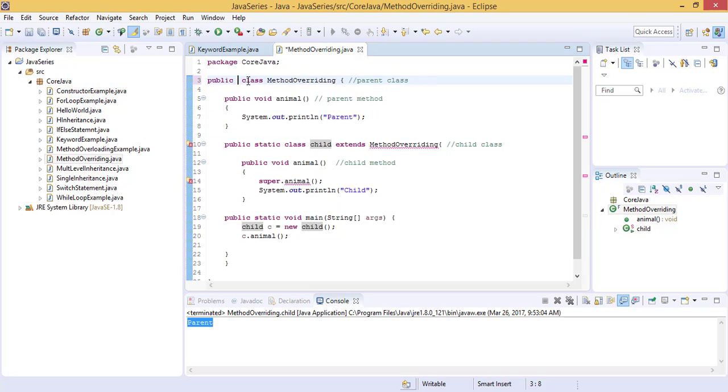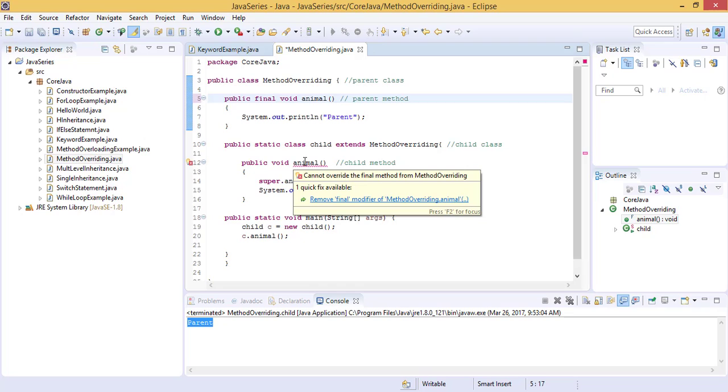Now let me just remove it from the main class and write it in the method and see what happens. As soon as I write the final keyword in front of my parent method, which is present under the parent class, I am getting an error in the child method of the child class.